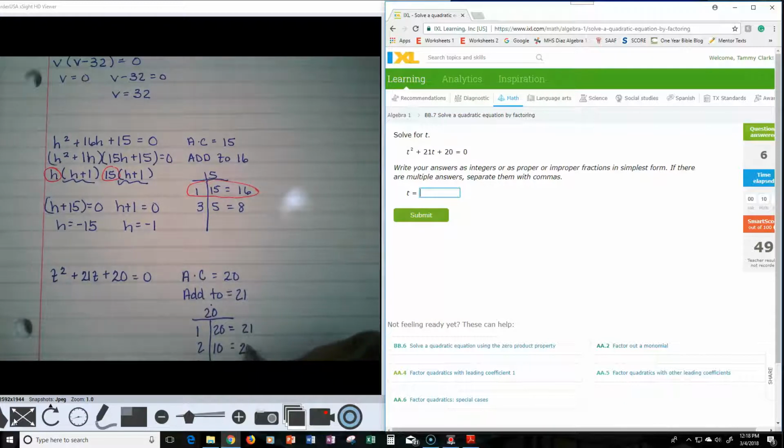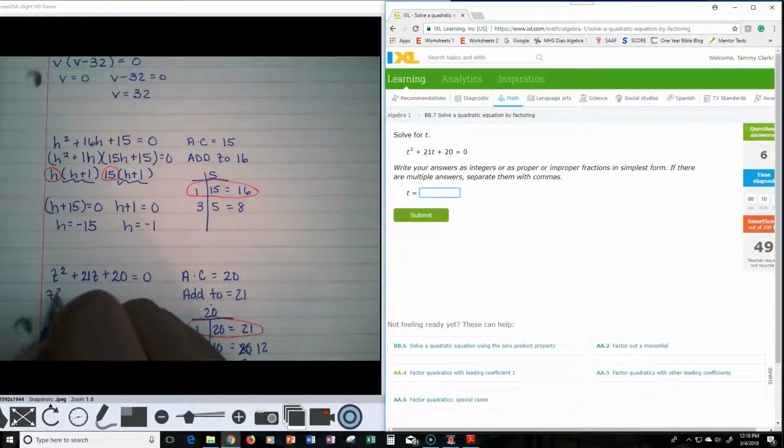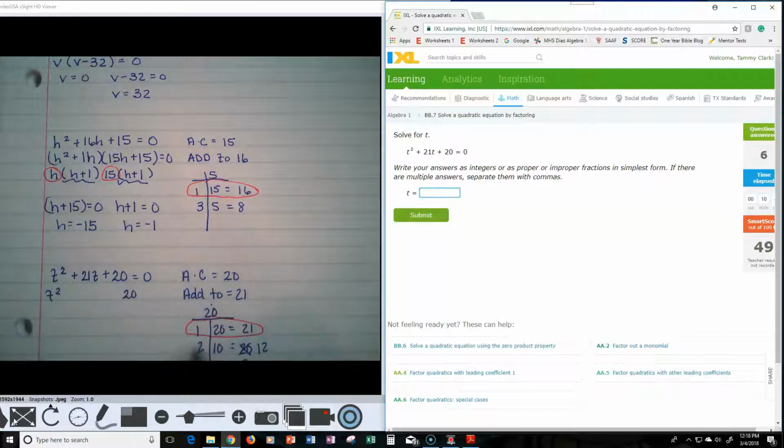1 and 20 is 21. 2 and 10 is 12. 4 and 5 is 9. So our factors would be 1 and 20. So I would say, okay, t squared, and over here is 20, and then I'm going to put these in, plus 1t plus 20t,